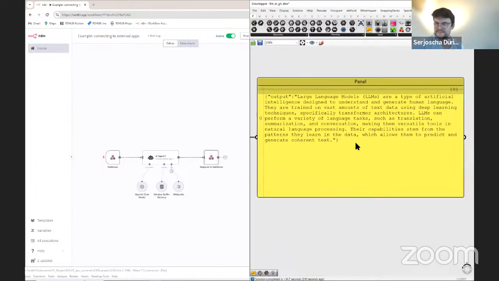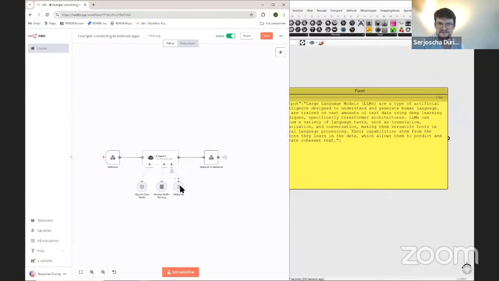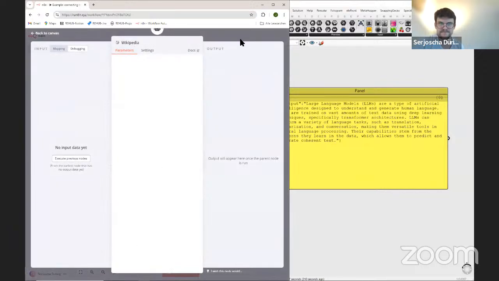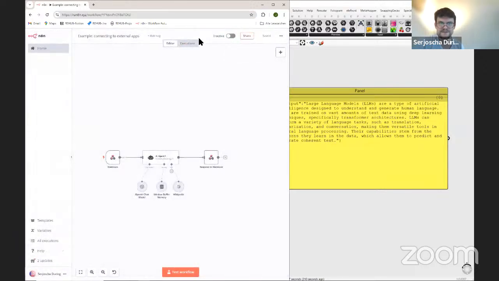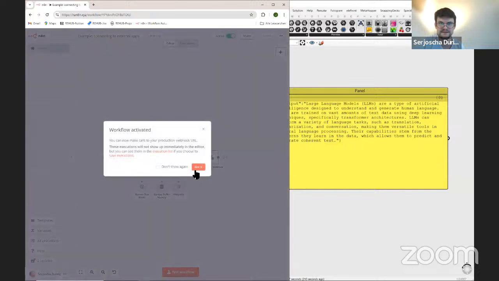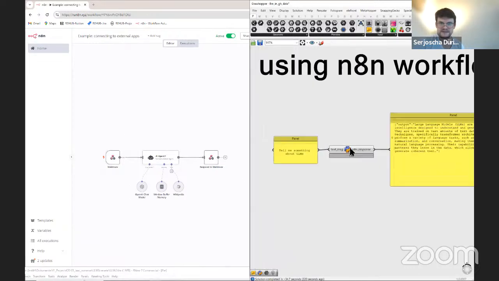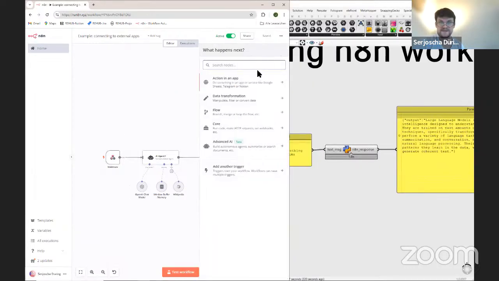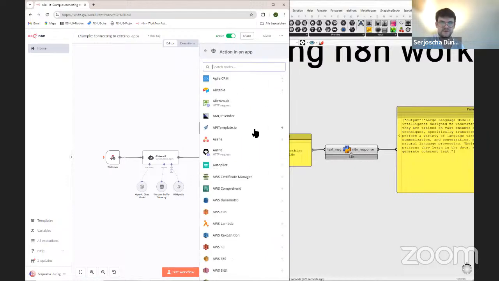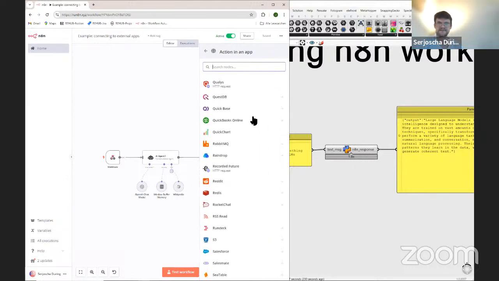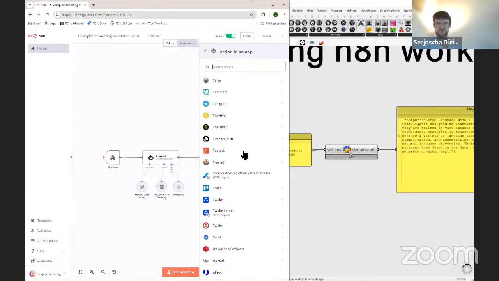And probably can see if it actually looked from the test mode. Okay. So this is essentially how you can chain up these workflows to Grasshopper, and then to any other services, and make use of all the 400 other tools and integrations.